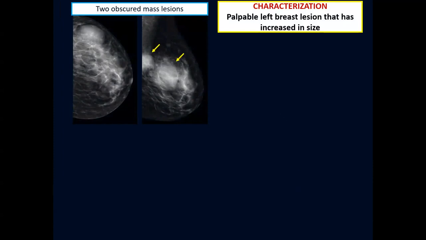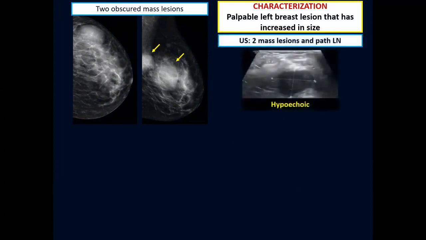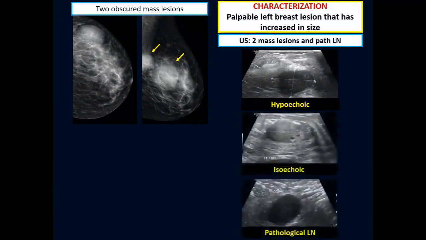This was a female patient. She had a palpable left breast mass lesion that has recently increased in size. This was the mammogram of her left breast, which showed two adjacent obscured mass lesions. An ultrasound was indicated, was requested, and it revealed one of these lesions was hypoechoic and the other was isoechoic,